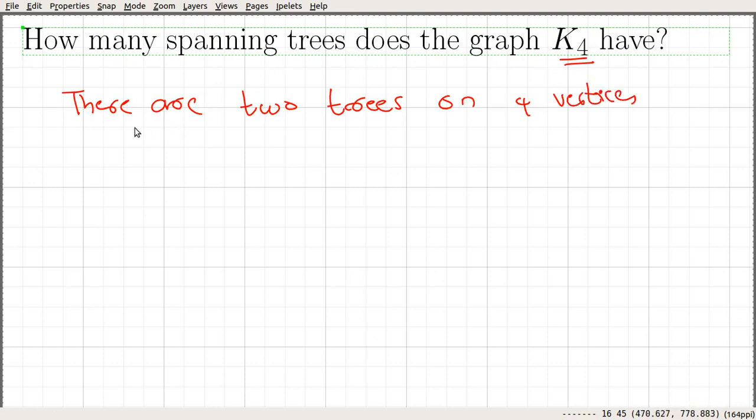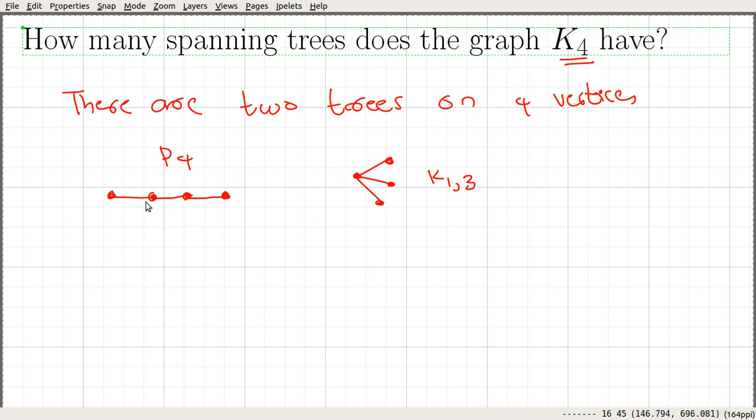And they are P4, which has 4 vertices and is a tree, and a star graph which looks something like this. This is nothing but K1,3. So these are the only 2 trees on 4 vertices.